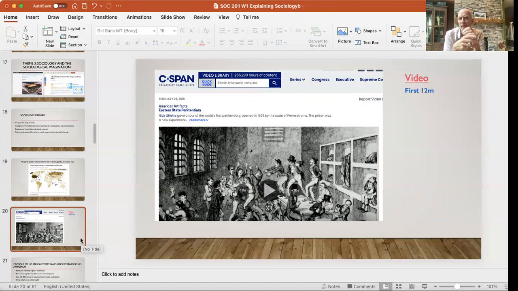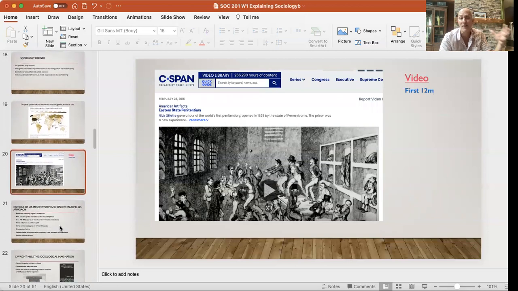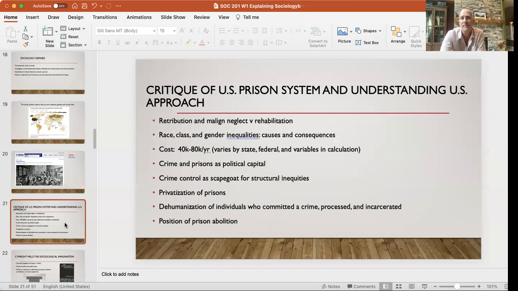The Eastern State Pen, I think, occupied a lot of attention because it's the first time there's this sort of model of a penitentiary system. People have been held in captivity for thousands of years, but now it's institutionalizing, for the first time, a penitentiary system.